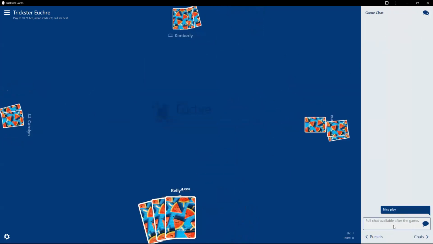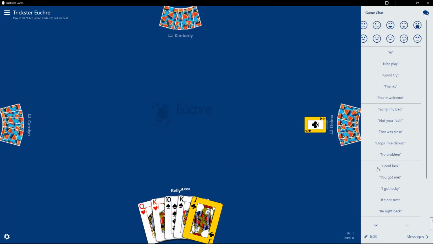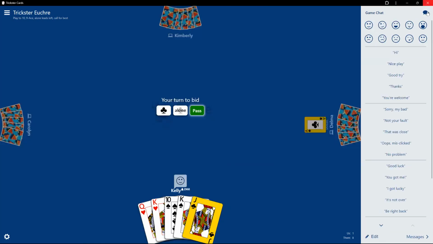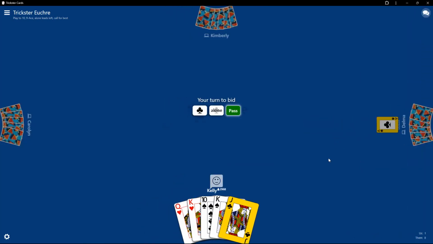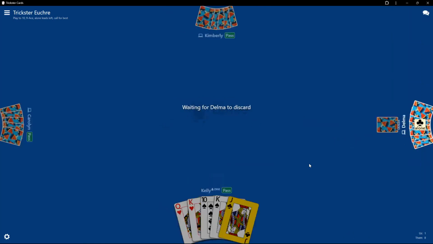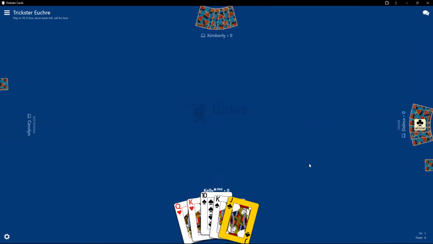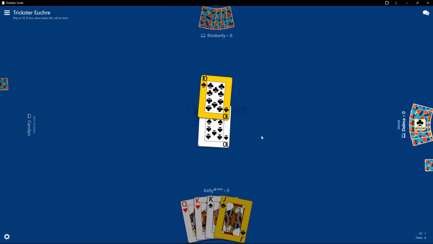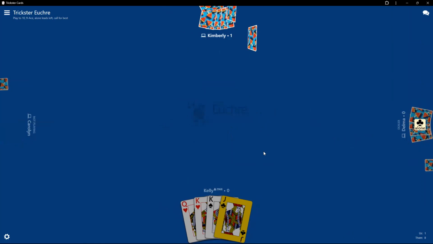You can write what the chat is, or you can just use presets, which are, hey, I'm so happy you did what you did. Ace of clubs. No, definitely going to be passing on that. What? See, that happened so fast. Clubs alone. So I know they're not going to get the 4 points because I have the right bower, but they'll get their point.